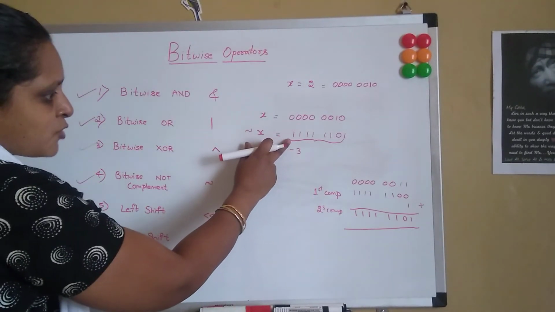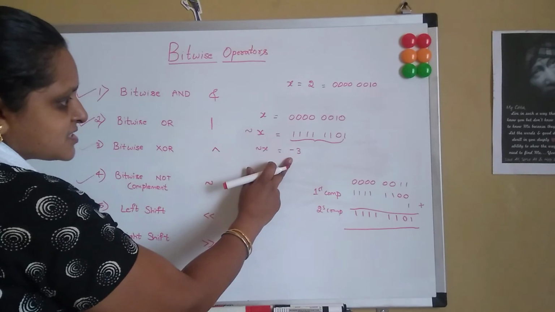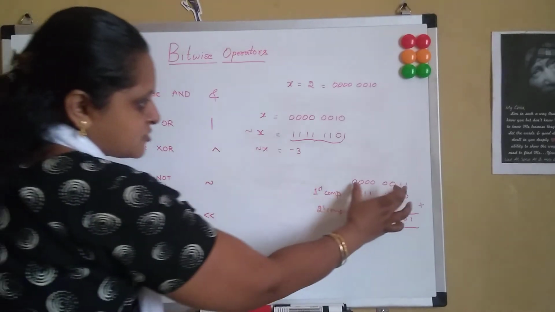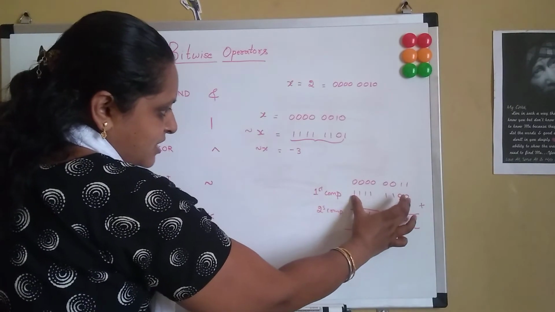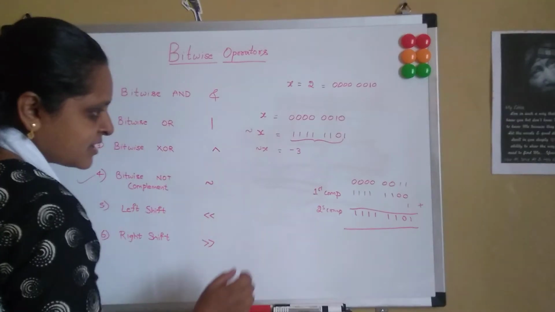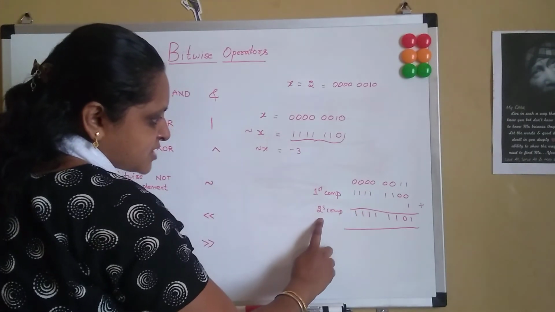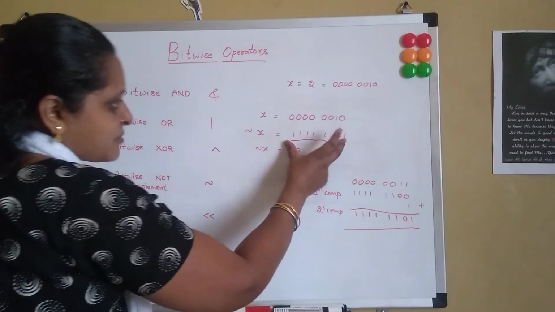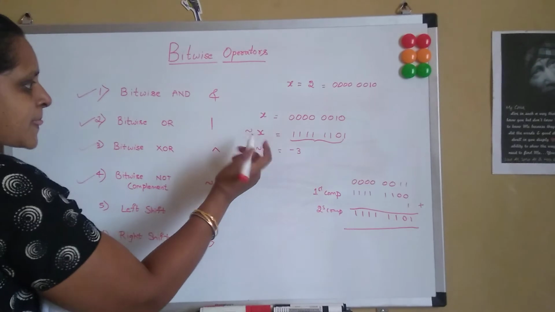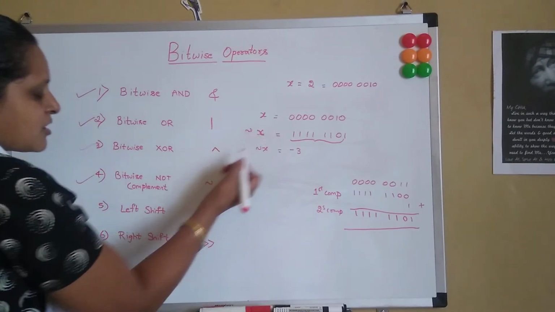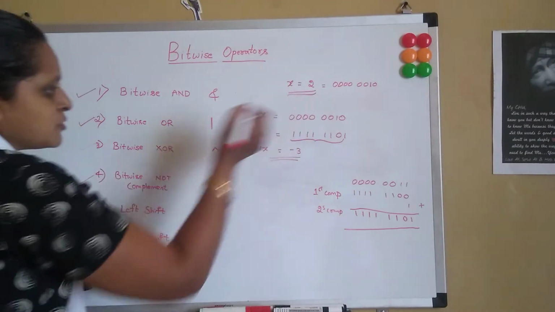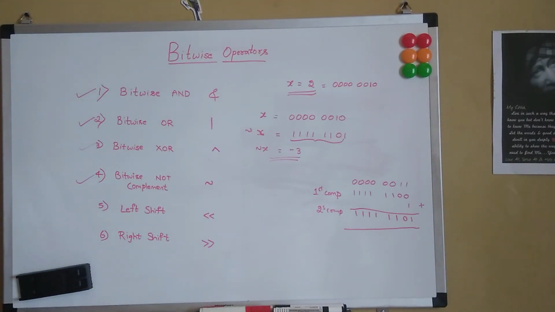So this is same as what we got. So this is nothing but -3. -3 is the 2's complement of 3. So first I have taken 3, inverted the bits, that is 1's complement. And when you add 1, it becomes the 2's complement and you get -3. This value and this value are matching. So bitwise NOT is equal to -3 for the value x equal to 2. So this is how bitwise NOT or bitwise complement works in Python.